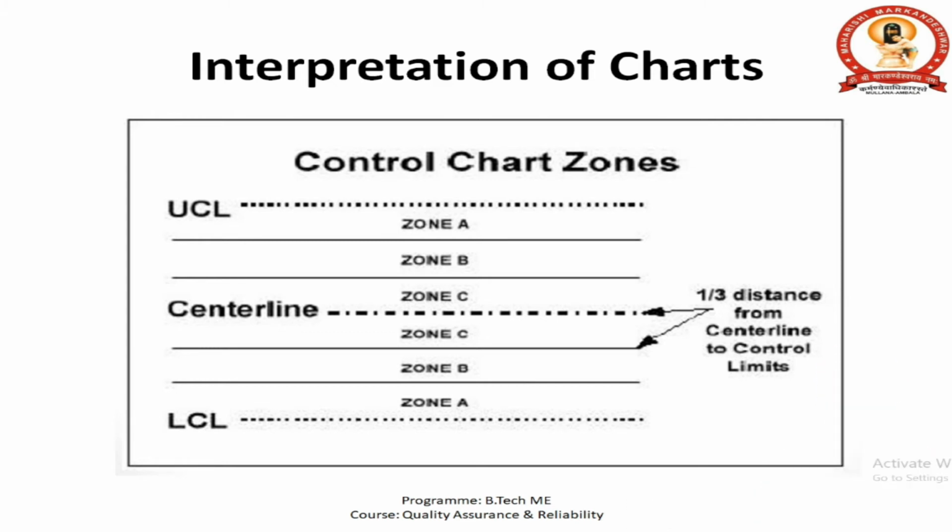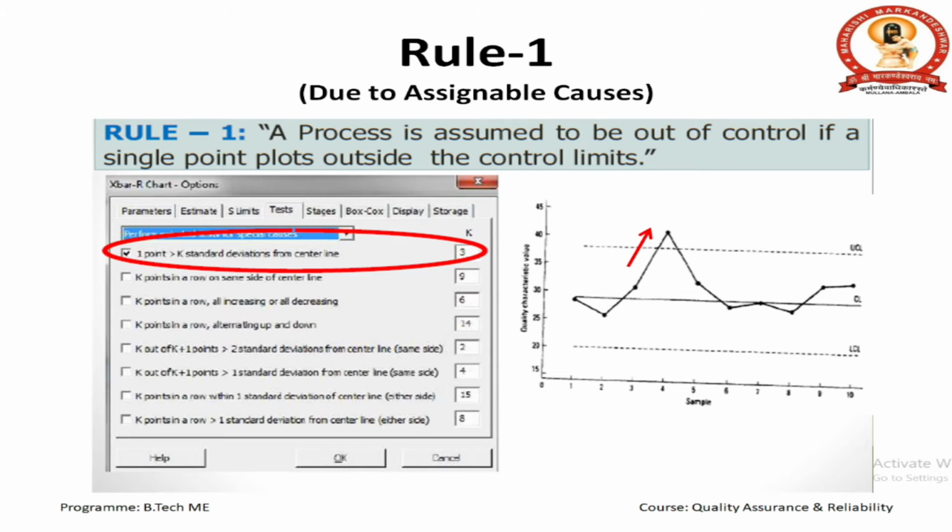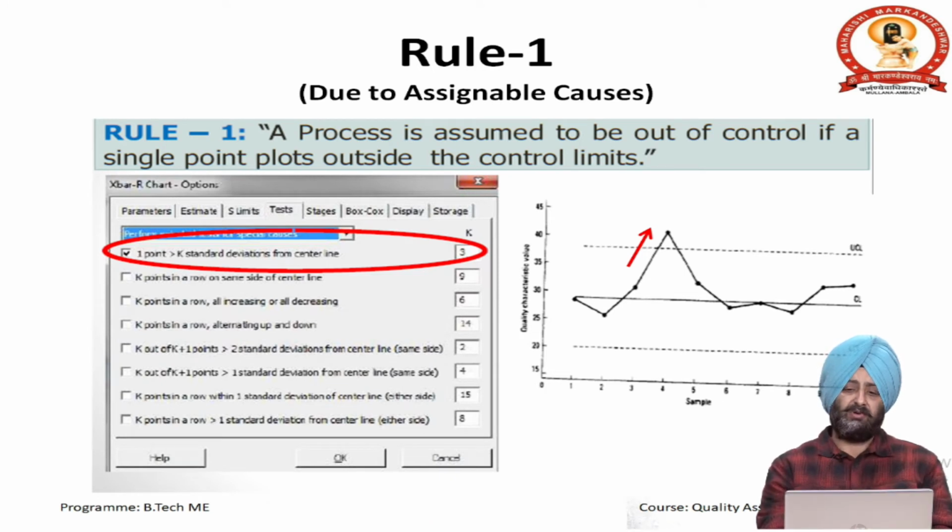So if these zones are clear, you can easily understand the various rules by which we can say our process is out of control. In general, we have 5 rules which are accepted internationally. Rule 1: a process is assumed to be out of control if a single point plots outside the control limit. Say like this, the process parameter is moving well within limit, but here the point has gone outside the upper control limit due to some assignable causes, due to some special reasons,